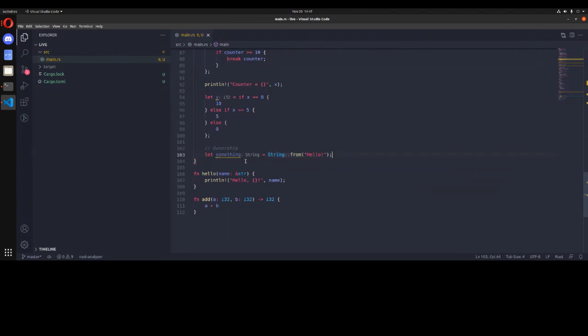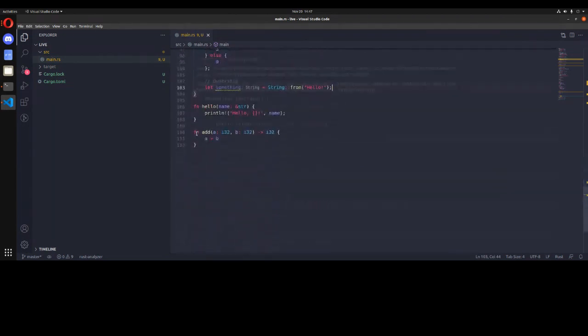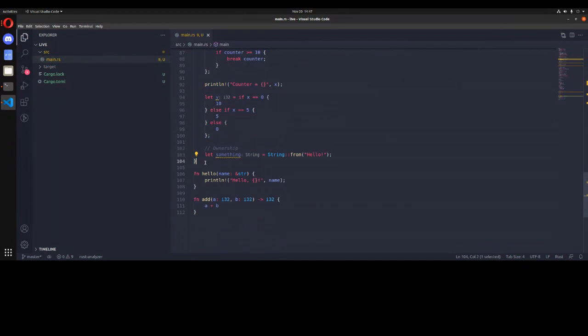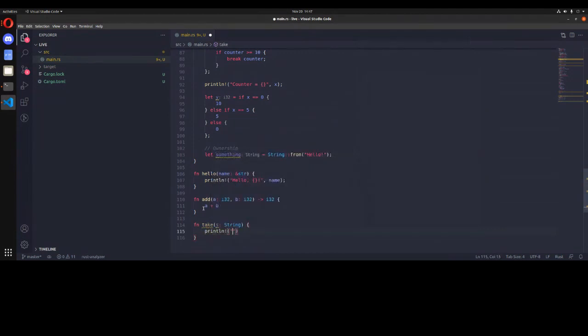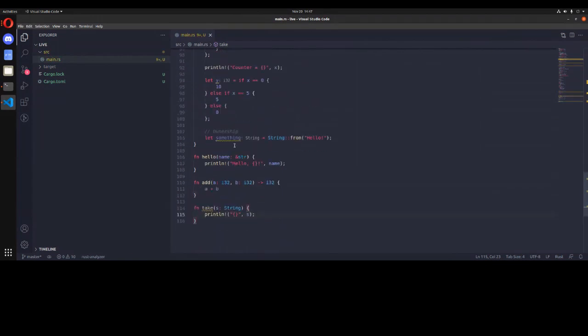And what happens is when a variable is declared, as soon as its owning scope, so whatever scope owns that variable, exits, the variable disappears forever. So right now, this something variable will exist for the entirety of the program because the end of its scope is the end of the main function where the program closes. But if we create a function called take, and this is essentially going to take ownership of s, right? What happens is if we call take something,